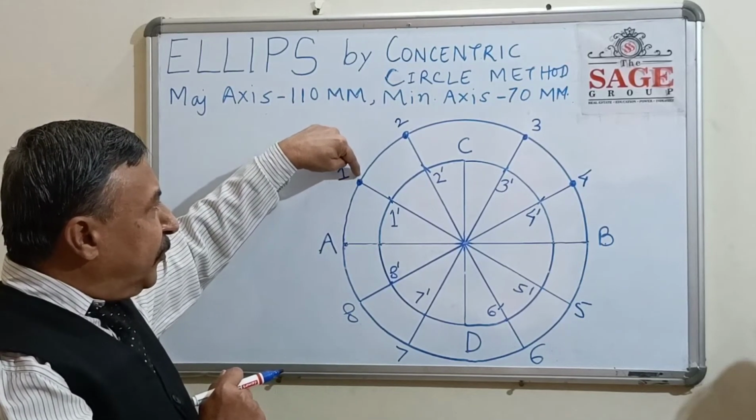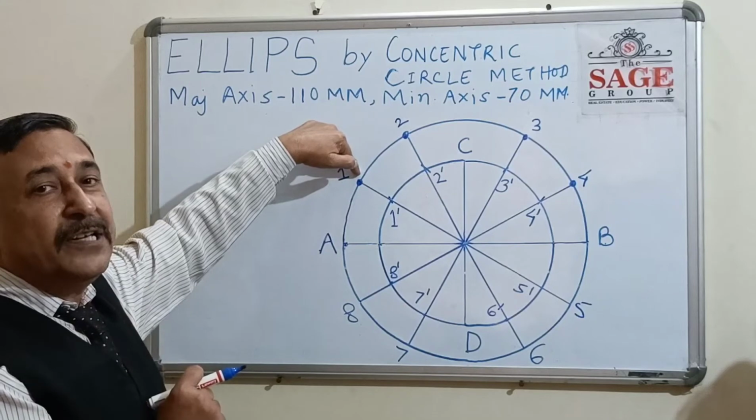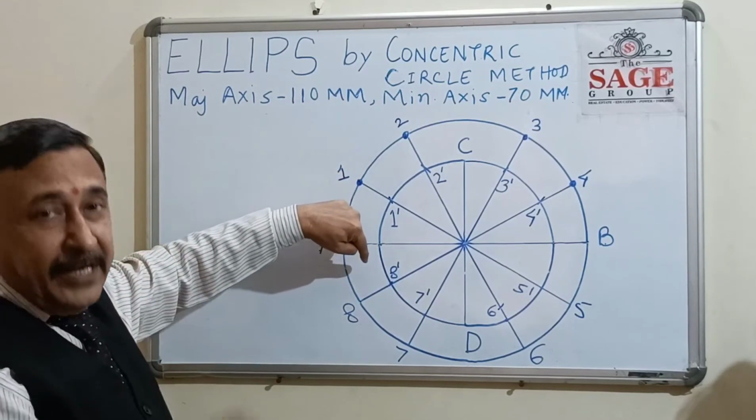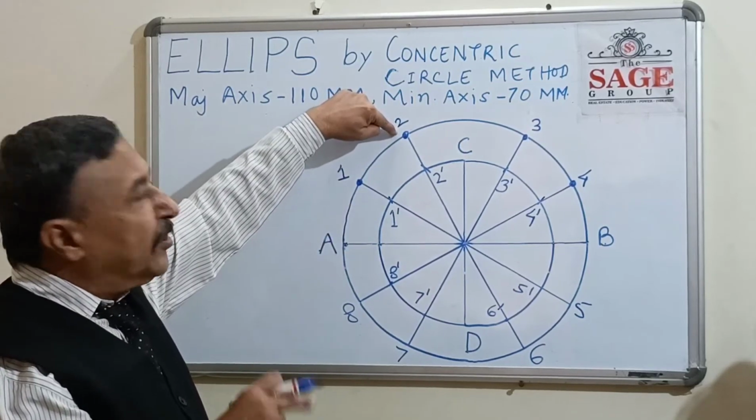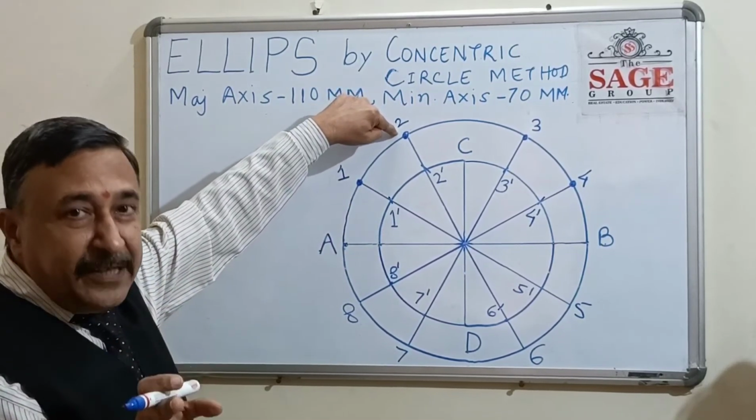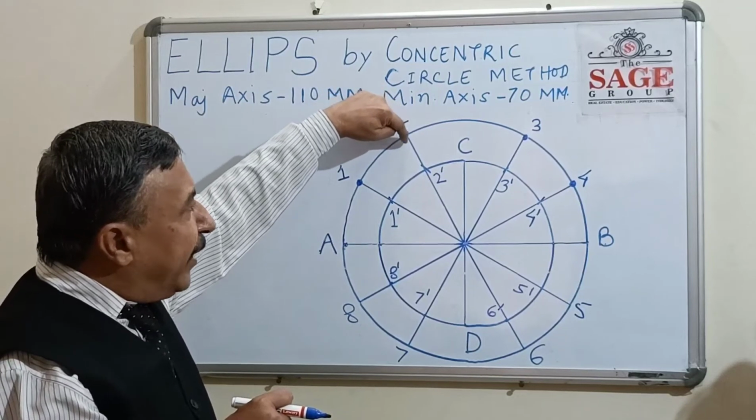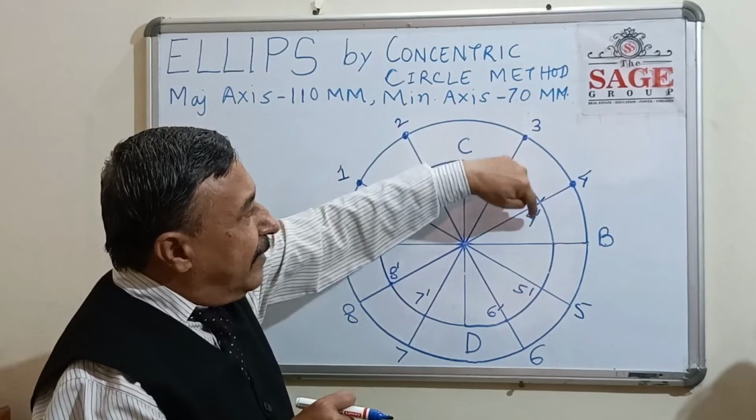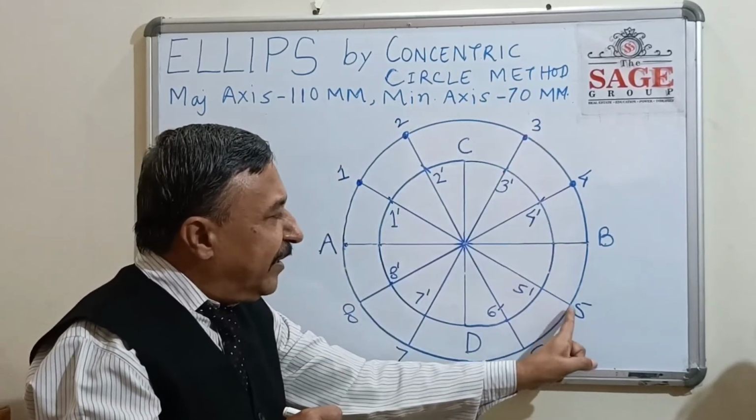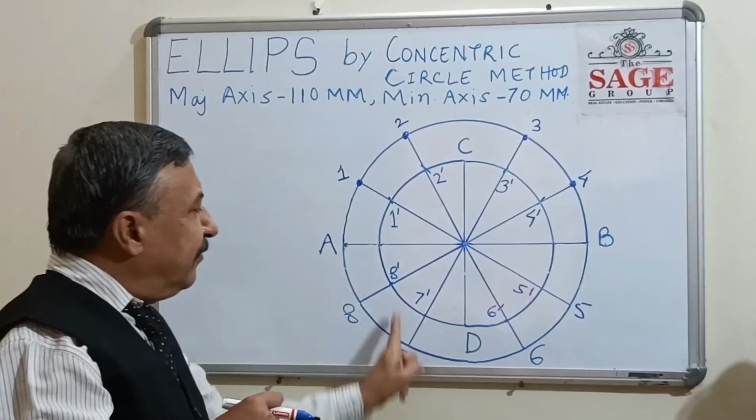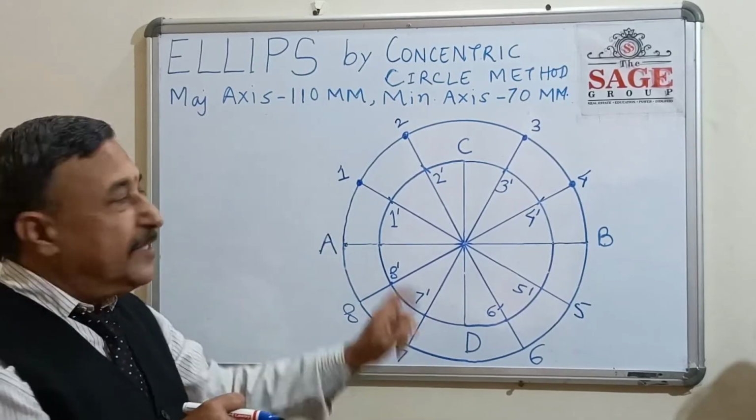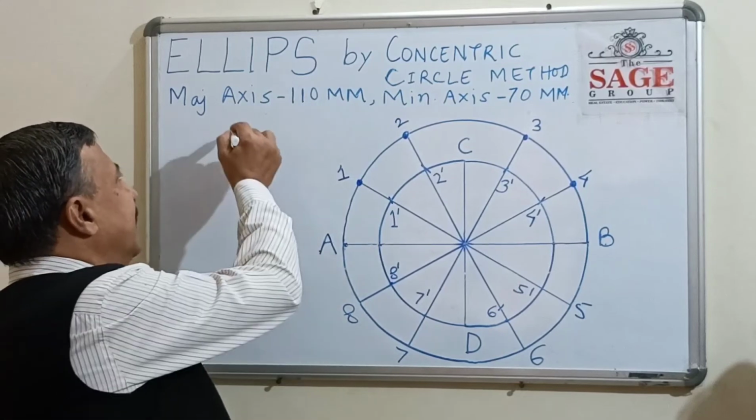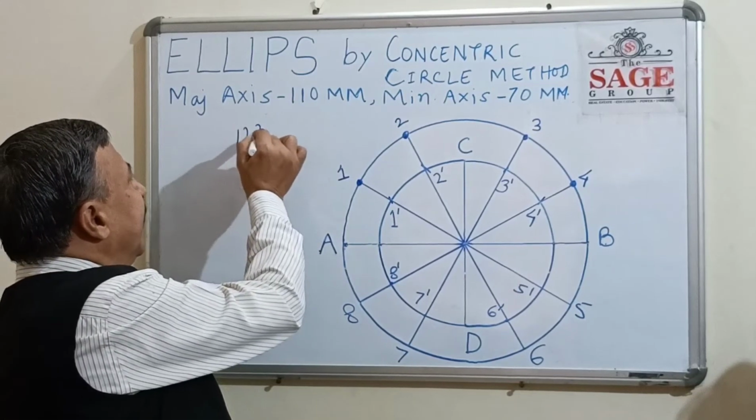From 1, this point is on the major axis concentric circle, so draw a line parallel to the minor axis, meaning vertical. This point is also on the major axis concentric circle, so draw a line parallel to the minor axis, that is vertical. Similarly vertical through all of them, meaning through 1, 2, 3, 4, 5. Draw lines through 1, 2, 3, 4